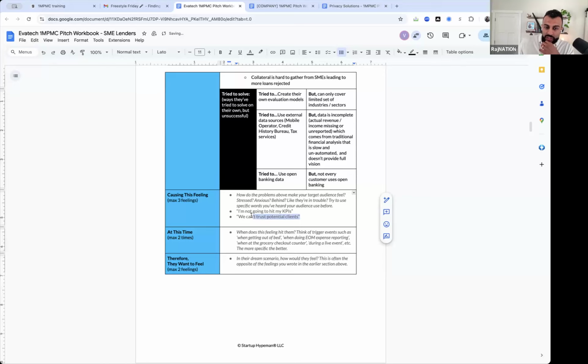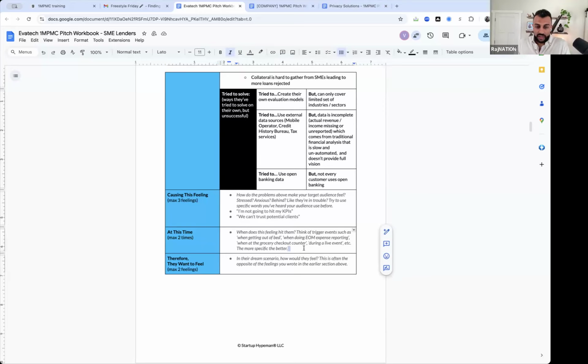Would you say the trust is a bigger issue than the KPIs? Not really. In most cases, bankers don't care about the clients. They care more about their KPIs. Okay. And do they call them KPIs, or do they say quota? No, it's KPIs, key performance indicators. Okay. All right. Is this one worth keeping, or should we strike that? No, it's fine. It should be there. Okay. We can move to the next section unless you think there's one more feeling. In "causing this feeling", it's a maximum of three feelings. Yeah, let's go to the next section.